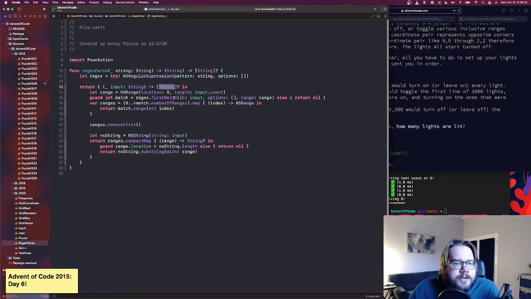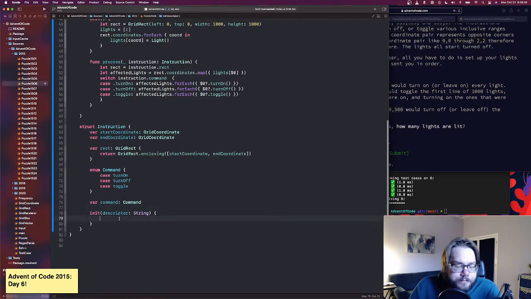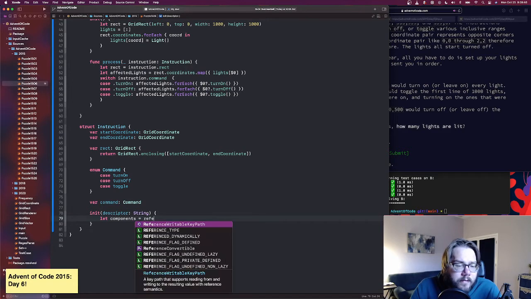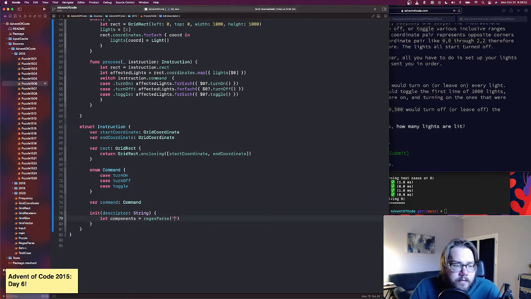Range, ns range, okay, remove first, ns string. Okay, so then it's going to map the, okay, this should be exactly what I want. So let components equals regex parse, and the regular expression is going to be,